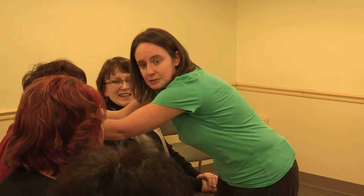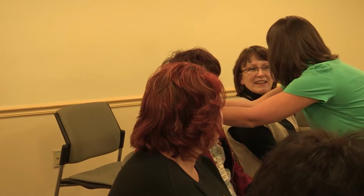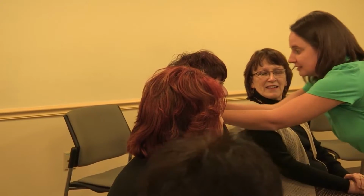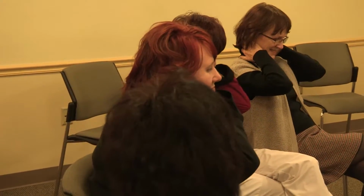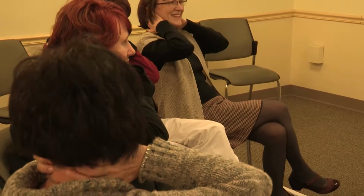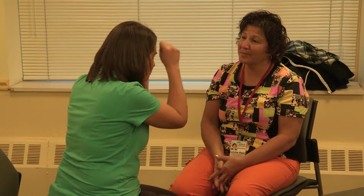Or little circles with your fingertips can often stimulate the thoughts of children for that nurturing kind of feeling. Think of the kids giving you big hugs, right? Do that to yourself. Little circles on the back of your neck. Just little light circles. Doesn't it remind you? So yeah. So if we've broken through